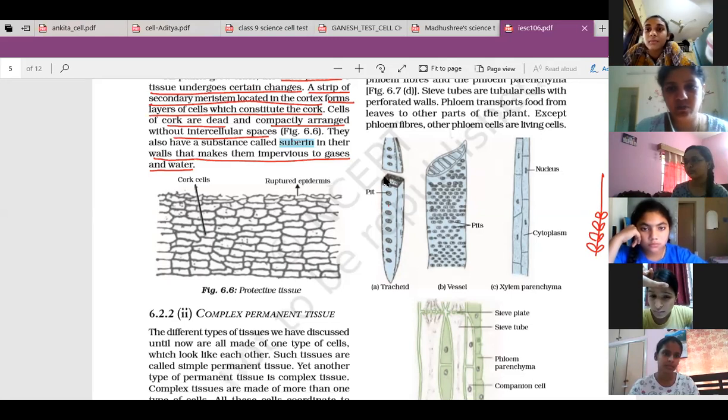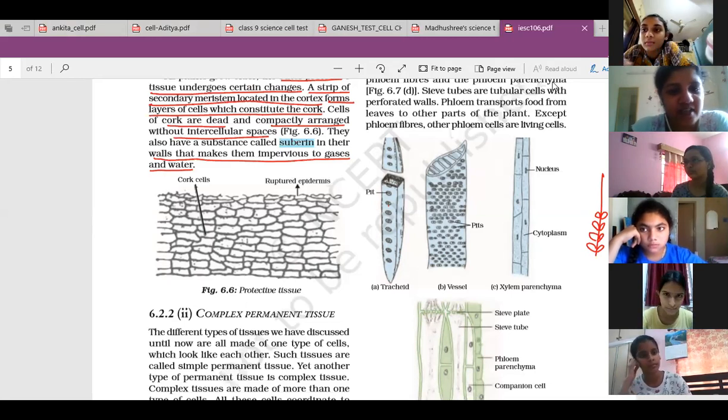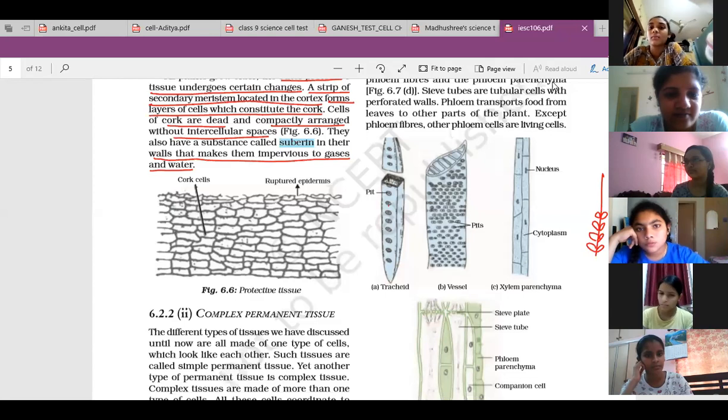Now, how is the upward movement possible? We have tall trees, we have seen 100-meter height also. Some tall trees are 100-meter height, 50-meter height, 10-meter height. How does the water move in the upward direction? Is it because of capillary action? Capillary action can only move water till a certain distance. It will not be possible even for 10-meter height.